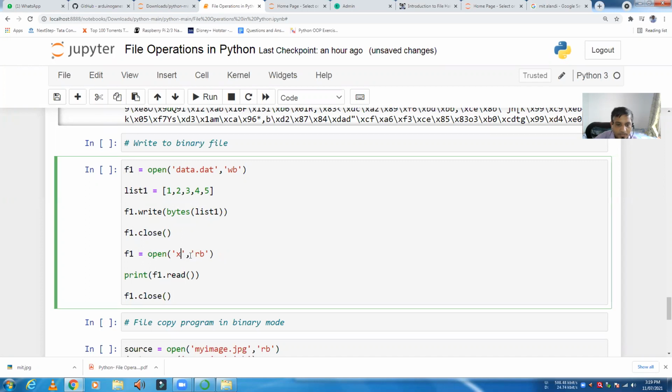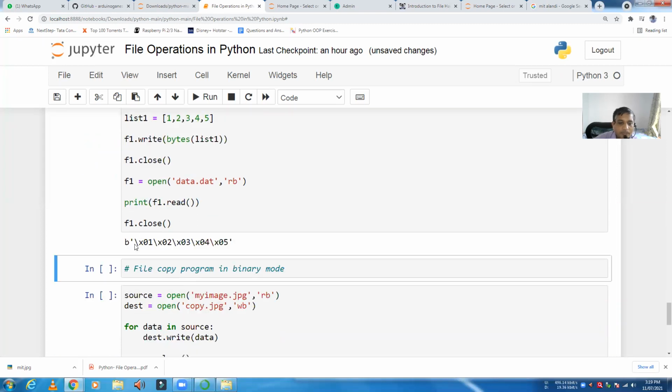Okay, then after that the file has been closed, and again I'm opening that one, data.dat. फिर से open किया, लेकिन इसमें which mode I have used, read mode, and I am reading that particular content. So why am I reading, because to check that the previous जो write किया वो सही से हुआ कि नहीं, वो check.